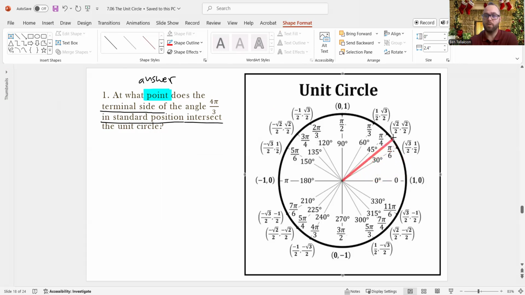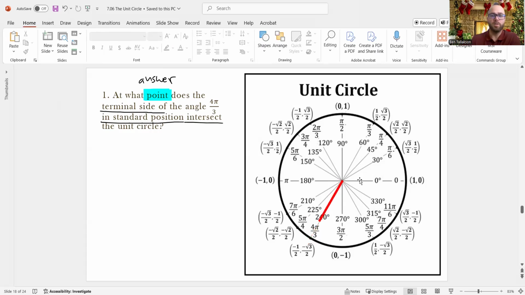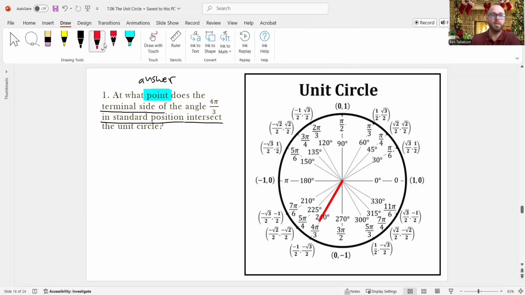So we're going to go around, tick, tick, tick, tick, tick, all the way until we find 4 pi over 3. Boom, there it is, right? There's 4 pi over 3. So this is the initial side, this is the terminal side where we stopped, meaning the angle is going to be like this. We see that angle labeled there. Okay, more specifically, the angle is like this, right? It's all of this, but we just see it labeled right there because that's technically where it stops. Okay,